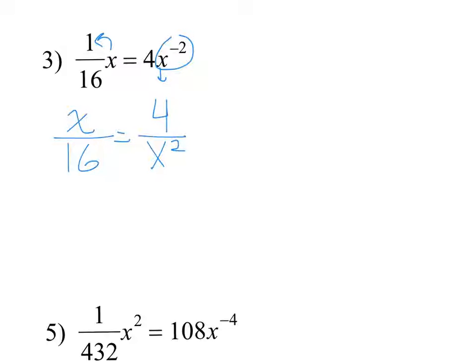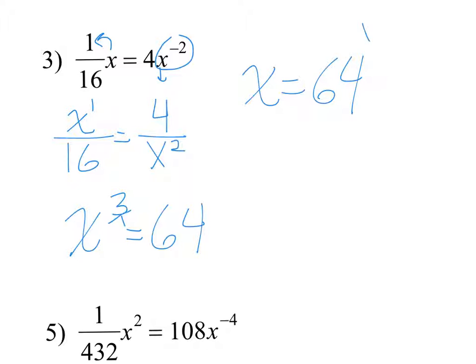What's awesome now is I can just cross multiply. So this guy has a first power. X to the first times x squared is going to give me x to the third. And 16 times 4 is going to give me 64. This we can evaluate. We did these before. So remember, this guy is like 3 over 1. And I can flip it over and I can say that x equals 64 to the 1/3 power, which you can put into your calculator